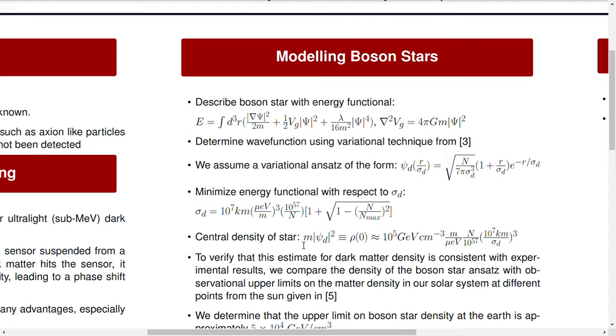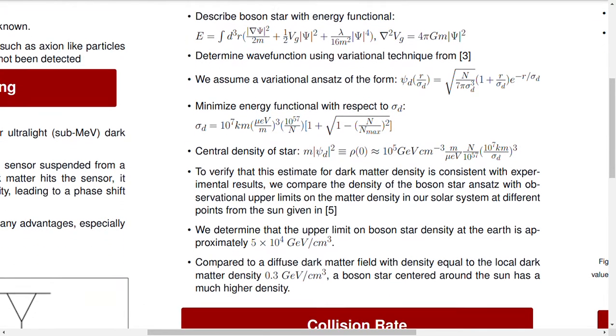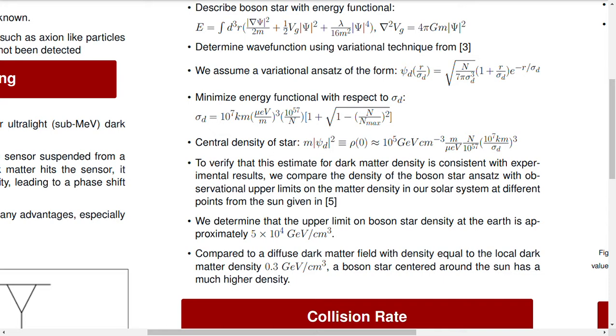And then, once we have our approximate wave function, we can evaluate for the central density, which is given by this equation here. And then, to verify that this estimate for dark matter density is consistent with observational results, we compare the density of the boson star with some observational upper limits on the matter density in our solar system. And then we can determine that the upper limit on boson star density for a boson star centered around the sun at the Earth is approximately equal to 5 × 10⁴ GeV per centimeter cubed, compared to a diffuse dark matter field with density equal to the local dark matter density of 0.3